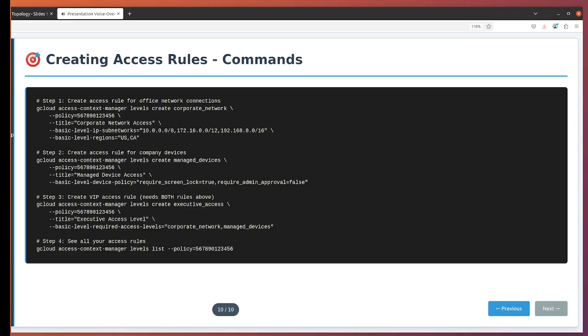The second command creates a device-based access level. The parameter basic-level-device-policy sets device security requirements, such as require_screen_lock true and require_admin_approval false. Require screen lock true means users must have screen locks enabled on their devices. Require admin approval false means devices do not need explicit admin approval, but you could set this to true for